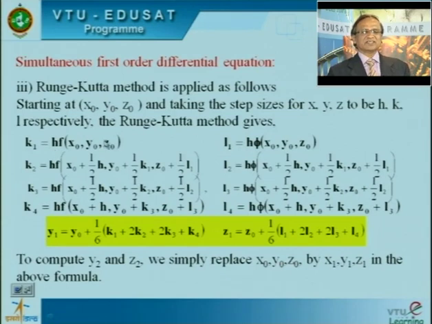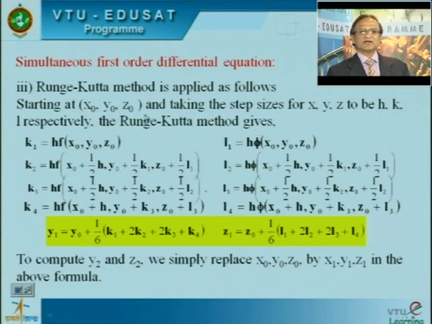You know how we solved the function in the case of a first order differential equation. In exactly the same way, now I want to calculate starting at x naught, y naught, z naught and taking the step sizes of x, y, z to be h, k, l respectively. The Runge-Kutta method gives